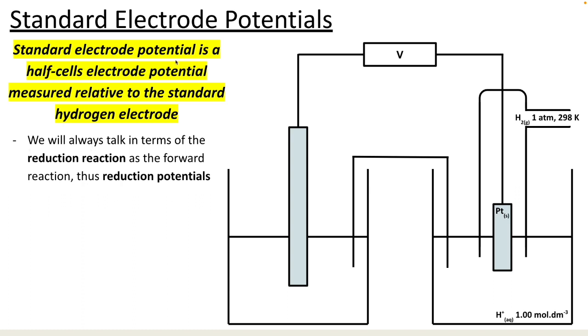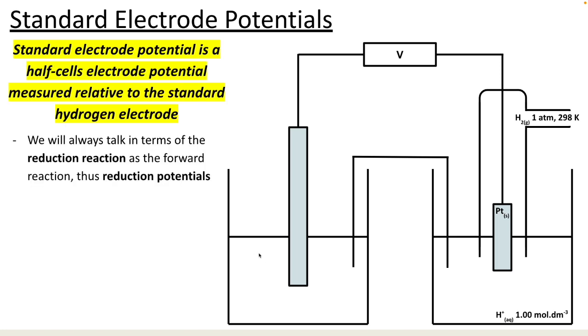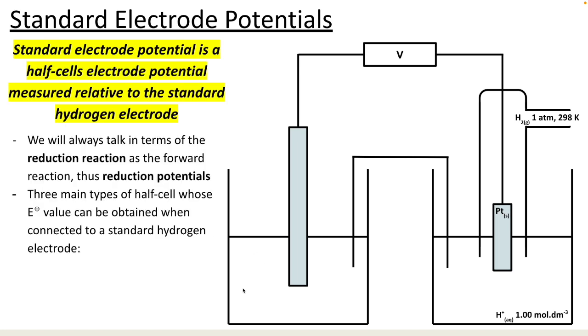When we're talking about these standard electrode potentials, we're always talking in terms of the reduction reaction. So whenever I'm writing these redox equilibria, I'm always writing the forward reaction as the reduction reaction. So that's why I'm also going to refer to them as reduction potentials. So just be aware of that. What else to mention about our standard hydrogen electrode? We have a gas. So we've got to make sure the gas can interface with the equilibrium down here. If our equilibrium, I might write this up here,